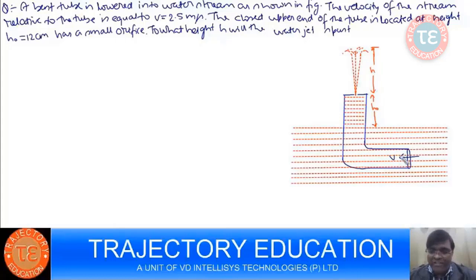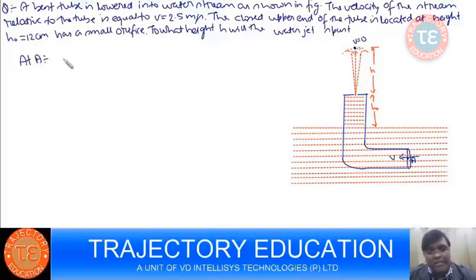So you have two places where you are given the information. One is this point, let's call it A. Here you have the velocity of water, and this is one point where the velocity is 0, right? Okay, so if I apply Bernoulli equation,